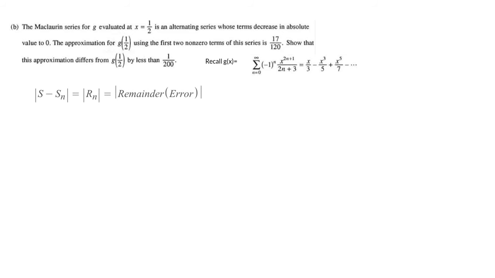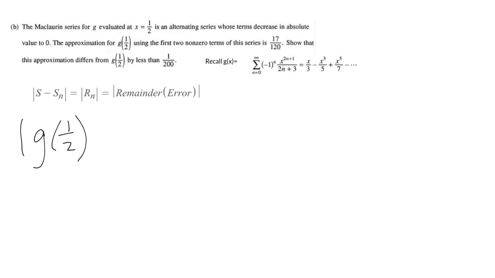So I have pulled out this expression. It's half words, half variables. But we're saying our S value up to some point n, some specific n, in this case n equals 2, and the difference between our actual value is going to give us this remainder error. So what we're going to do here is plug everything in by using the correct colors. G of 1/2, because that's what we're trying to approximate, minus, so we have our next value here, 17/120. Now,